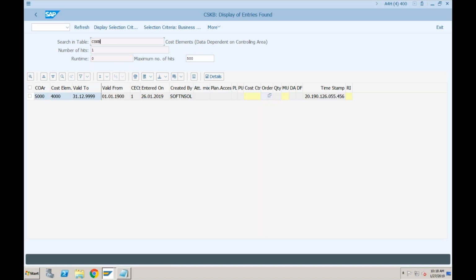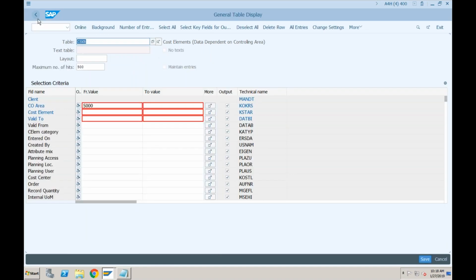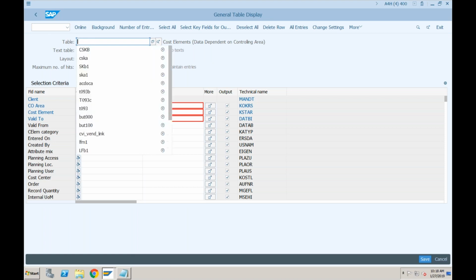So in short, table levels are still available the same. Tables are not changed. For cost elements, there is still a separate table for master data, I'm saying, not for transactional data. For master data, whatever tables were available in ECC, the same tables are available even in S4HANA. Even if you go for the tables for cost centers and profit centers, there also you will not find much of changes. Can you tell me what are the tables for cost centers and profit centers?